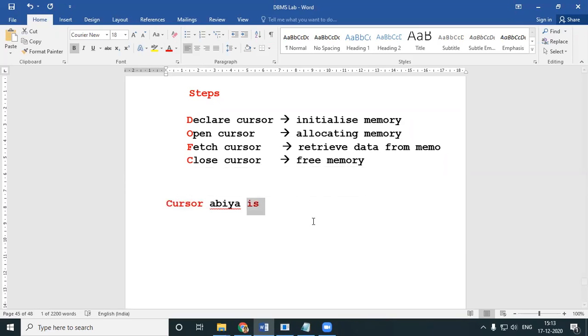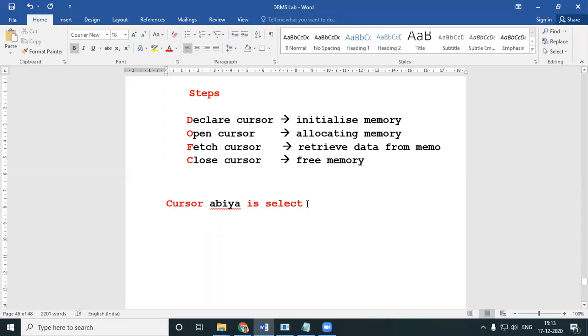Abia is not a keyword, you can give it any name. CURSOR IS SELECT. Now, one thing you always need to keep in mind is that explicit cursors deal with fetching multiple rows. And to fetch multiple rows, of course, you will need the select query. So when you declare a cursor, you can have only the select query.